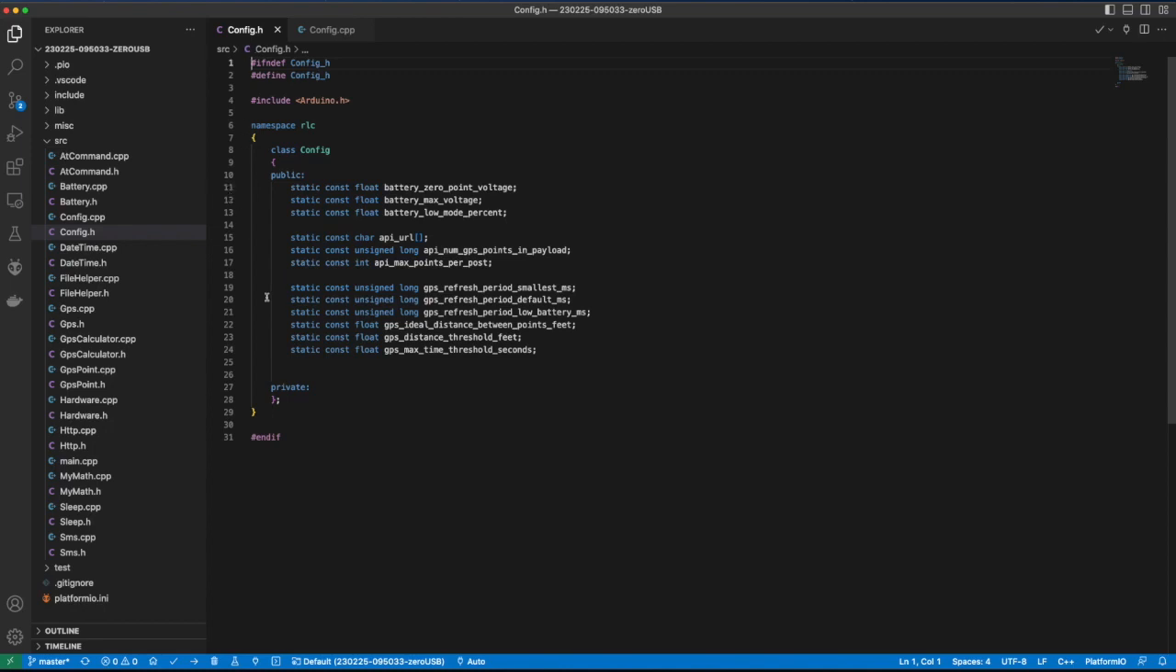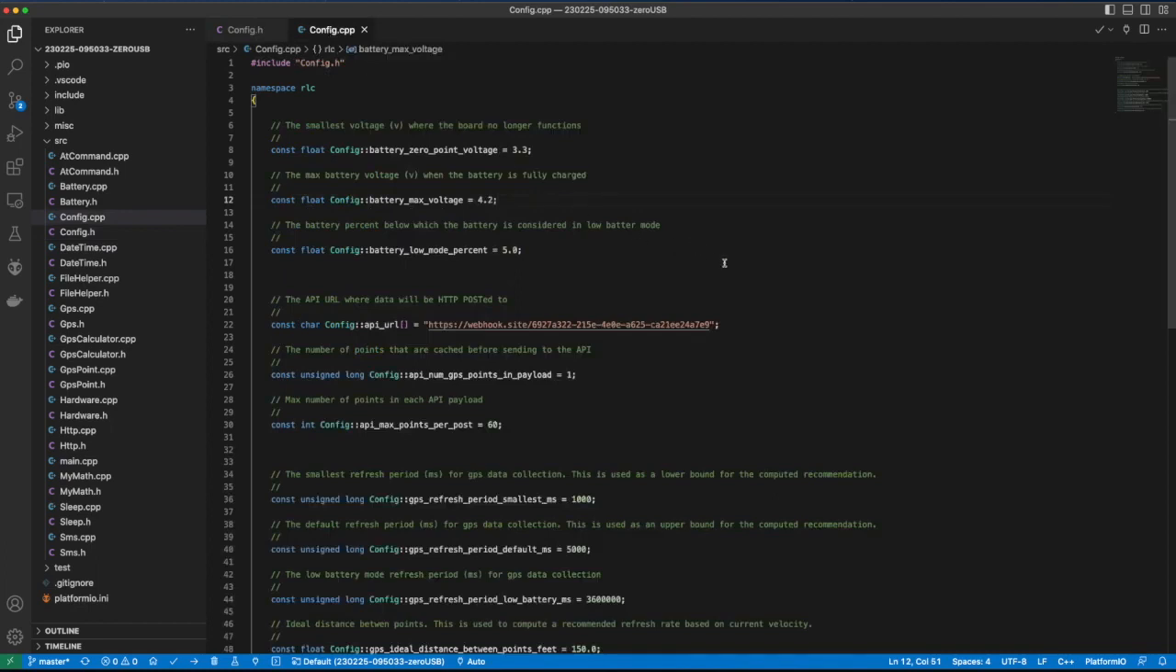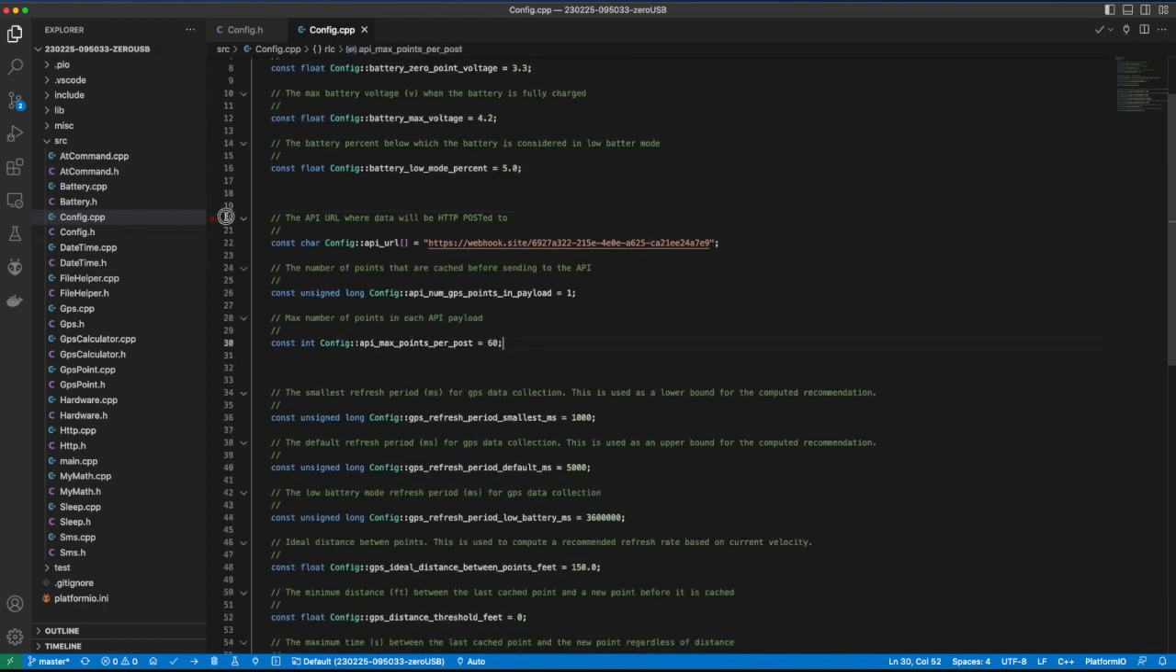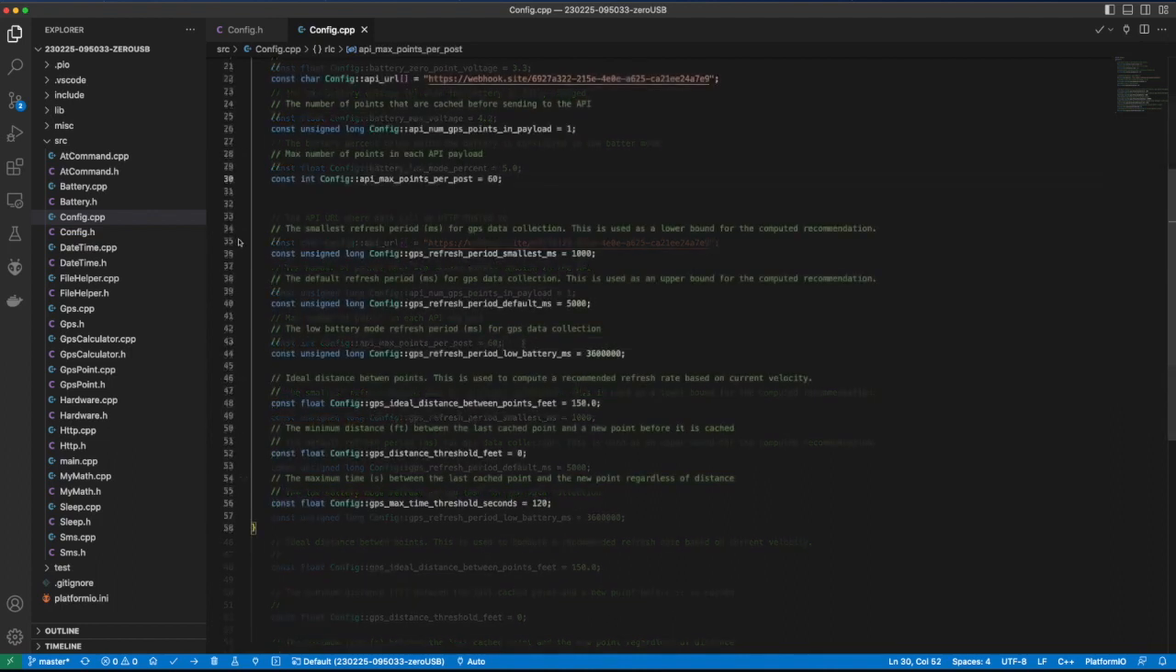I'm not going to spend too much time here because really the implementation is pretty much the same thing. It's just setting all of these variables. The top 3 are for the battery monitor that we introduced in a previous video. The next 3 are for the API. So it has the endpoint, the URL, how many points we want in every payload that's sent to the endpoint, and then the max number of points. So we put some cap on how many points that you can send. And then the last